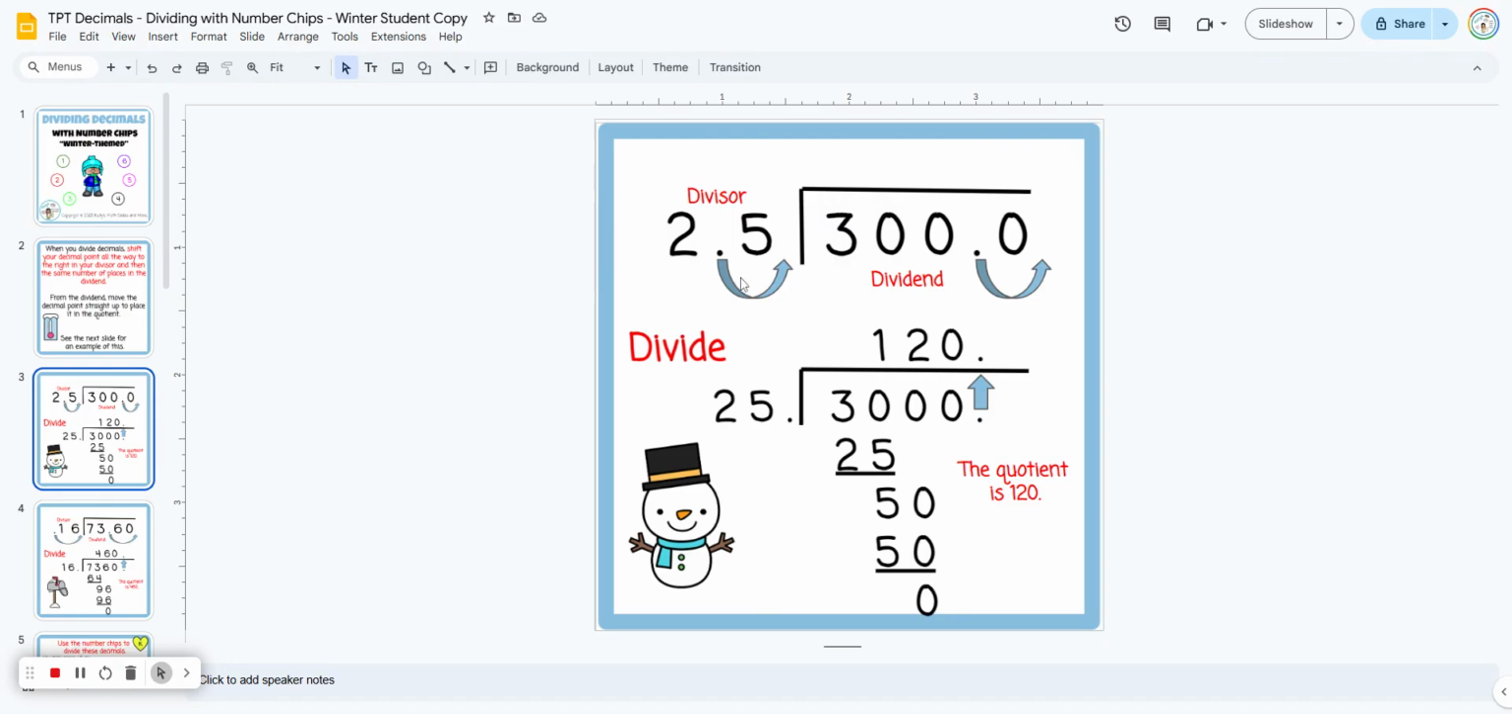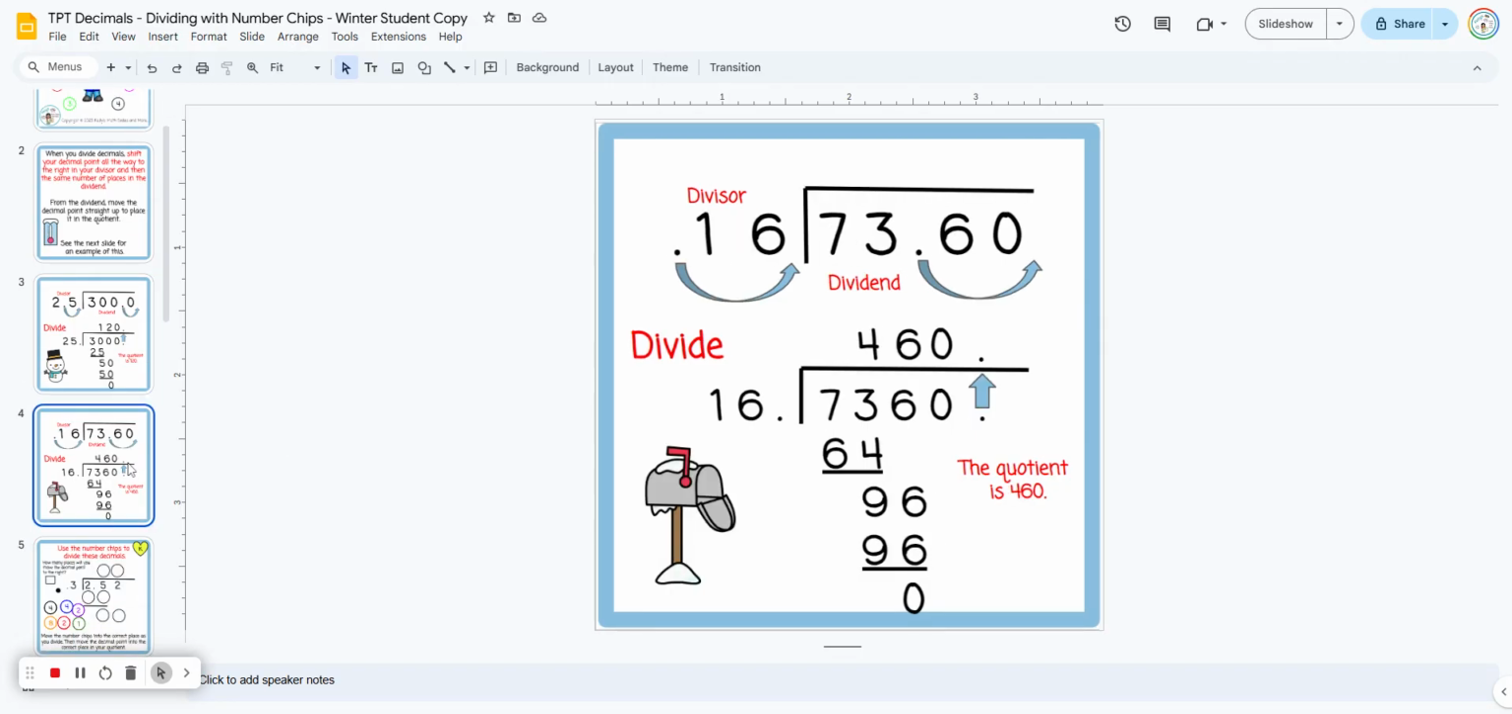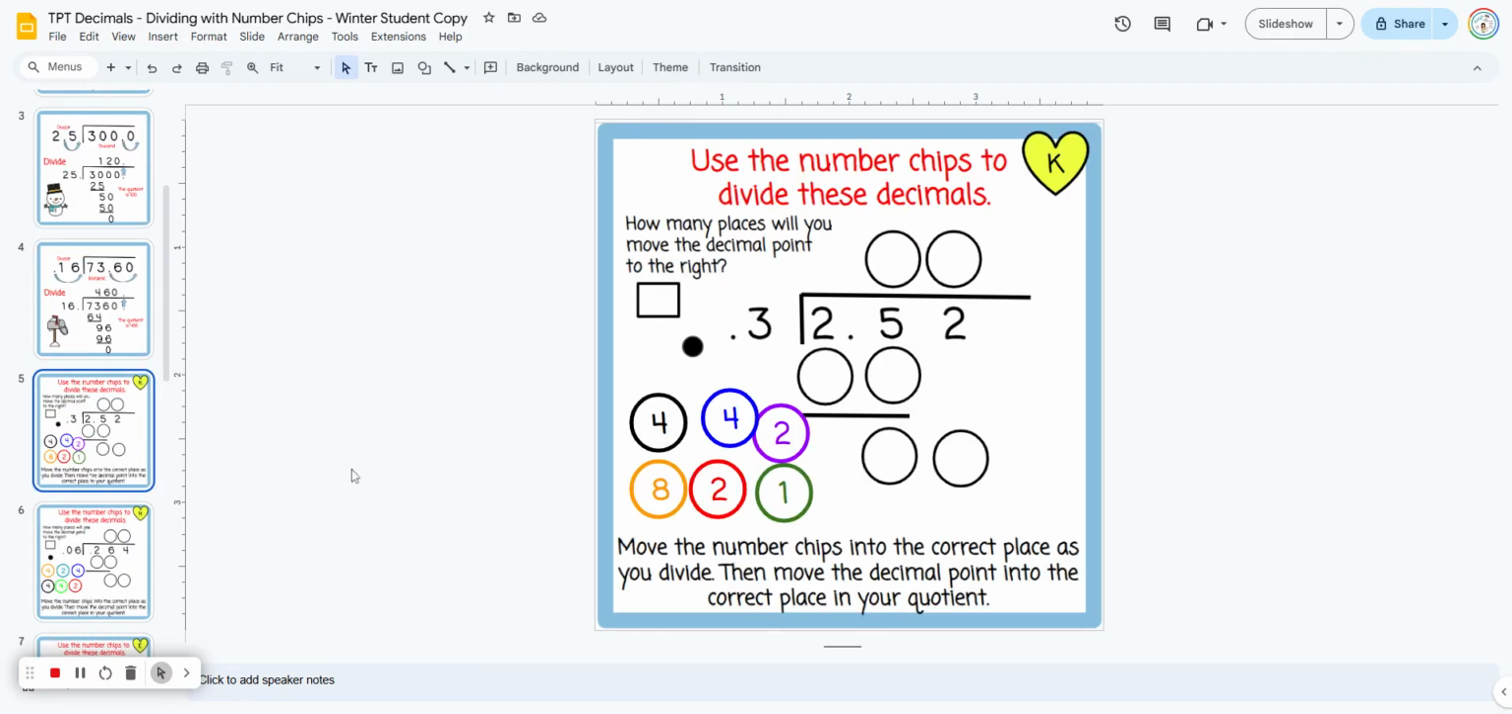So here we have the divisor, what the number's being divided by. We want that decimal point to be moved all the way to the right. So in this case, it's one place to the right. So in our dividend, we're also going to shift that decimal point one place to the right, and then it goes up straight into our answer. The next slide shows a case when they are moving the decimal point two places to the right in their divisor and their dividend. Now students are going to start on slide 5, and they have these movable number chips,